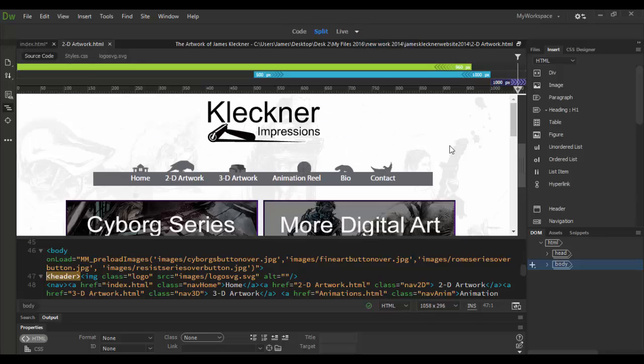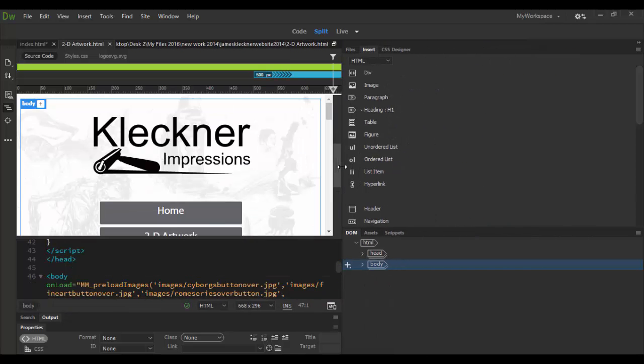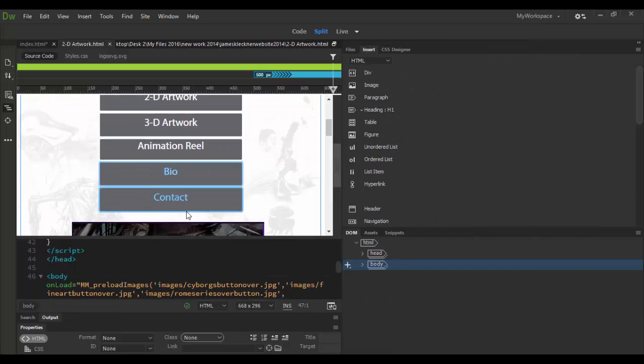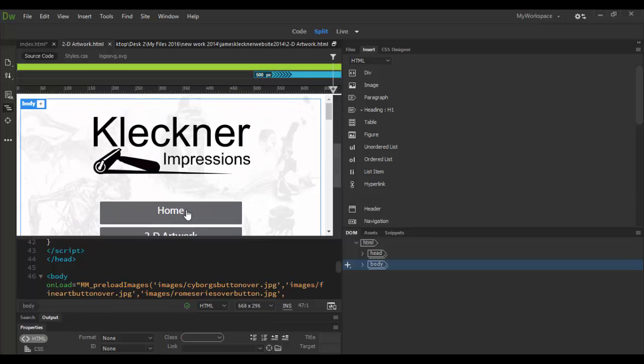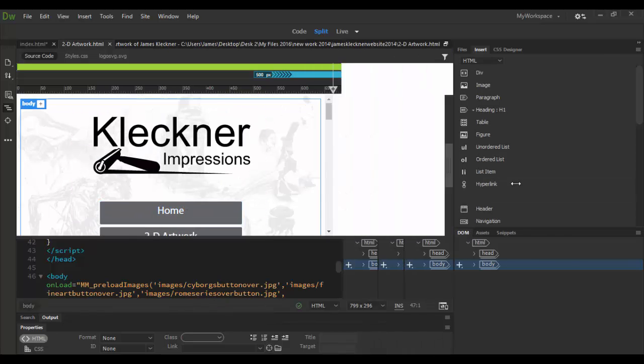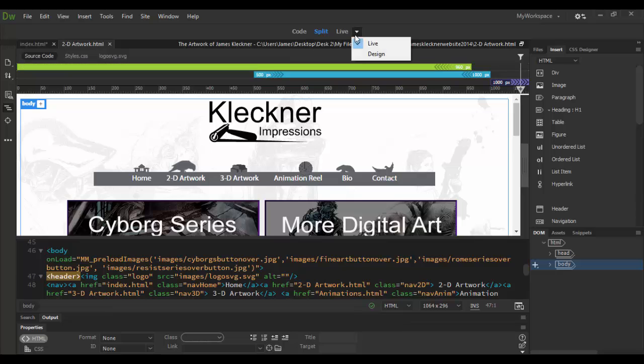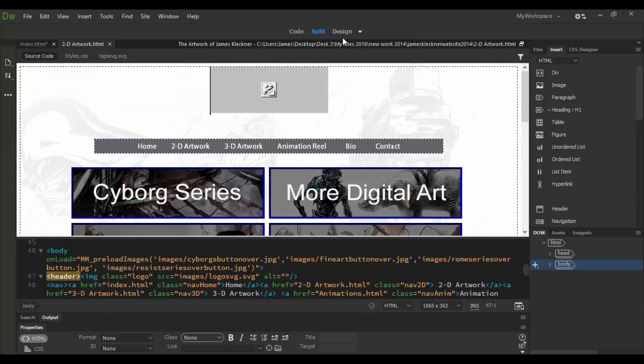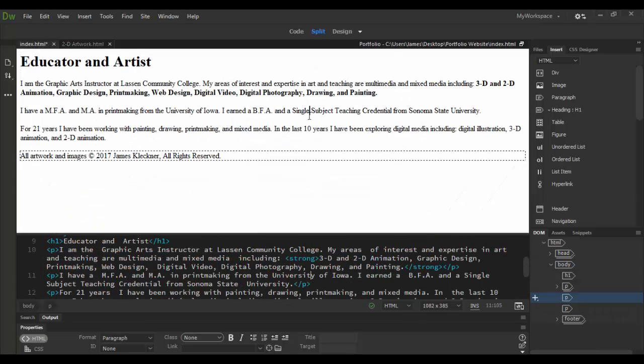If I switch to the live view, however, I have a logo here, and when I contract this, the navigation changes completely, and everything looks better. So again, that's the main difference in terms of the live versus the design view, is how it works with CSS. So let me switch back to this index file and go over some aspects of the design view that's